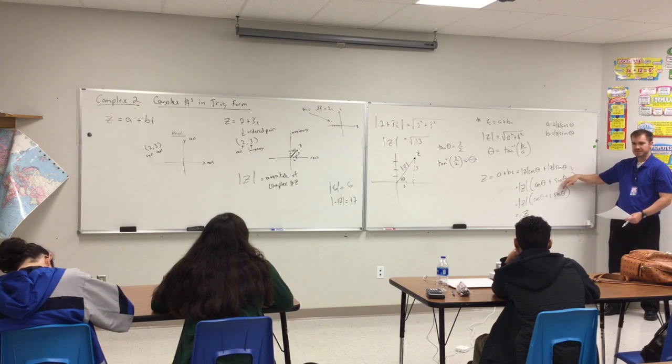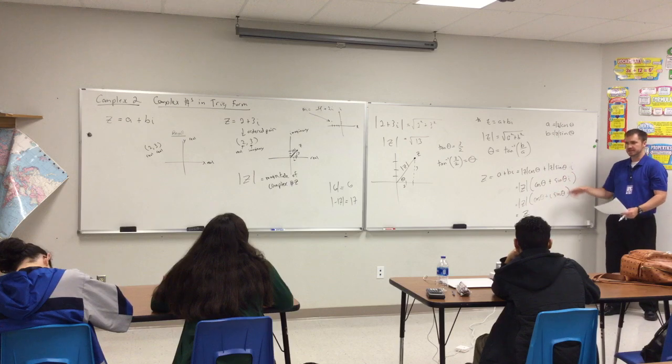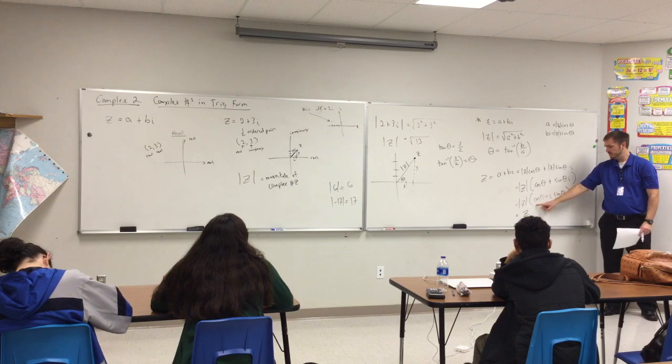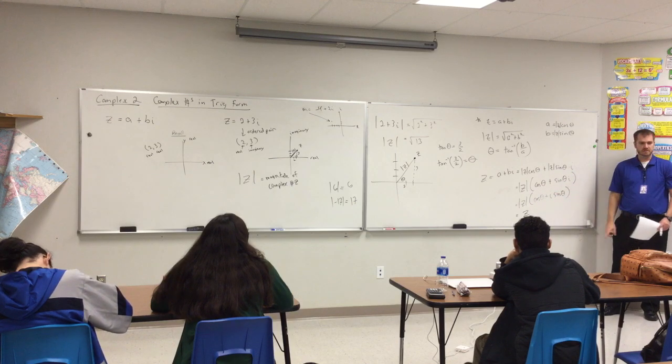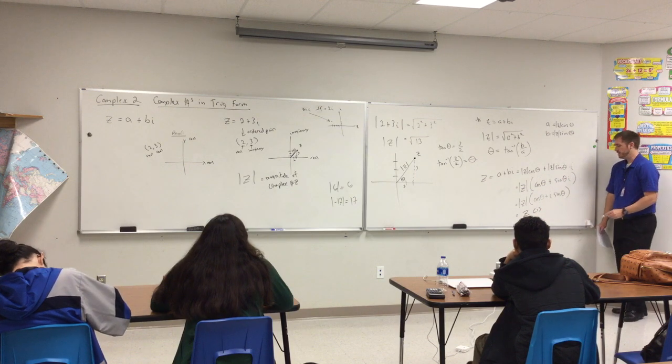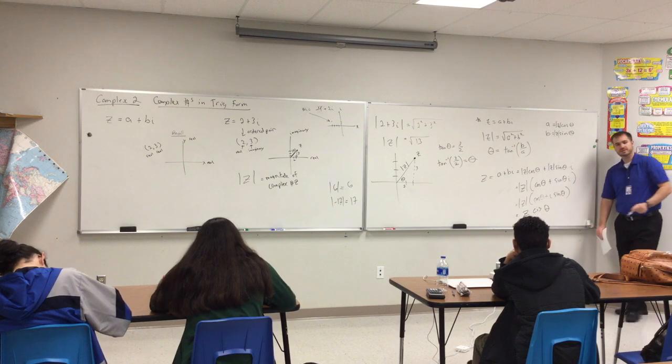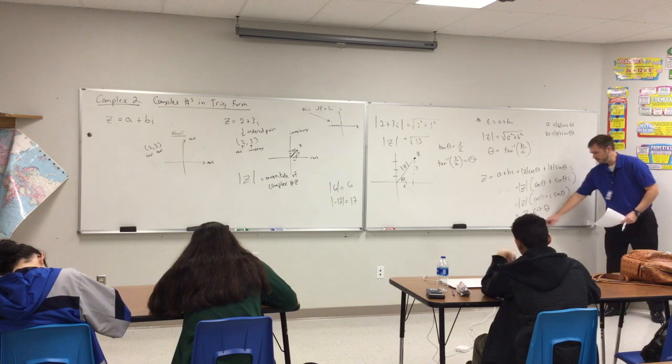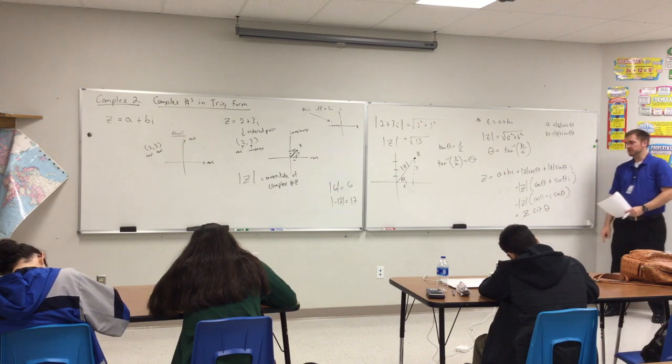But we absolutely need that theta. So what's a way that we could condense all this? And they said, aha, the C, the I, and the S. So they said, let's write cis, and then write theta. So z cis theta